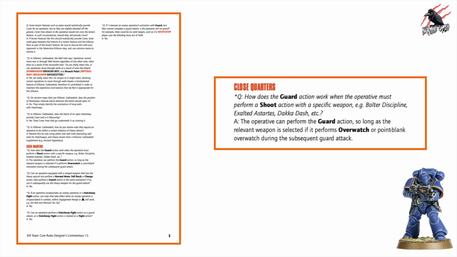So this next one is for close quarters. How does the guard action work when the operative must perform a shoot action with a specific weapon, for example, Bolted Discipline, Exalted Astartes, Dakadash, etc.? It says that the operative can perform the guard action so long as the relevant weapon is selected if it performs Overwatch or point blank Overwatch during the subsequent guard attack. So I think the answer is just reflecting the question again. It just makes sense that you use the weapon you have to use for